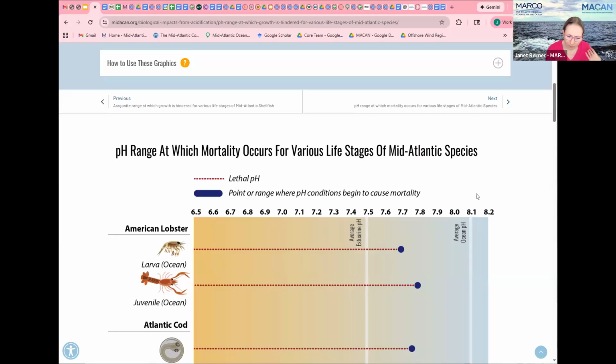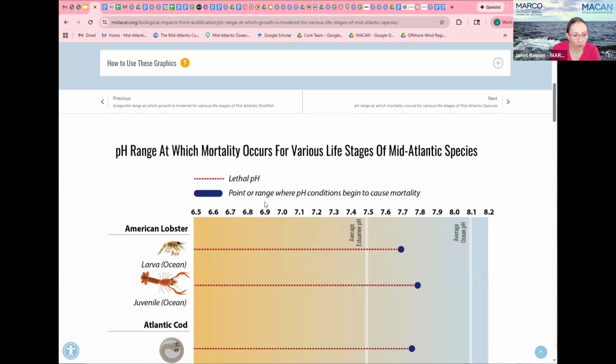And it is kind of a trend that larval stages are more susceptible to acidification than adult stages. So all of this information is compiled from 81, I believe it was 81 different peer-reviewed papers,